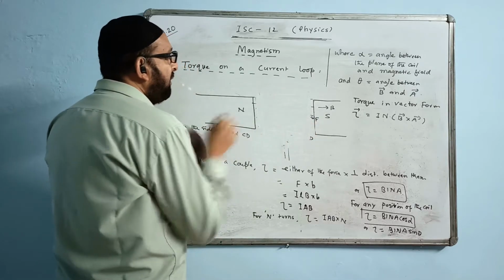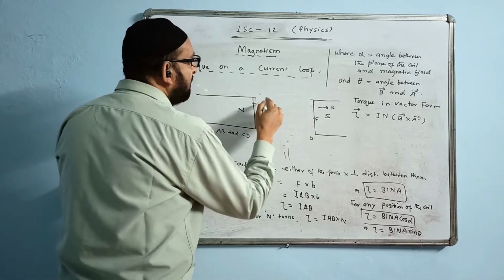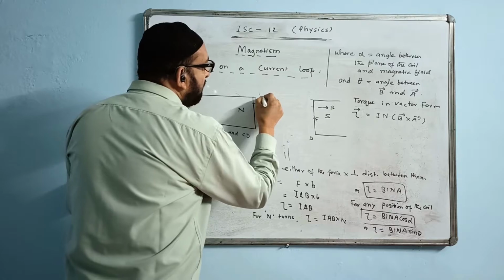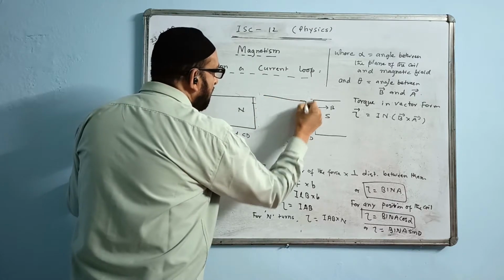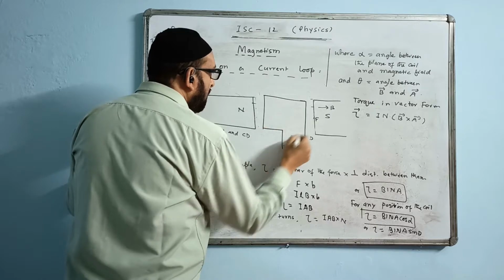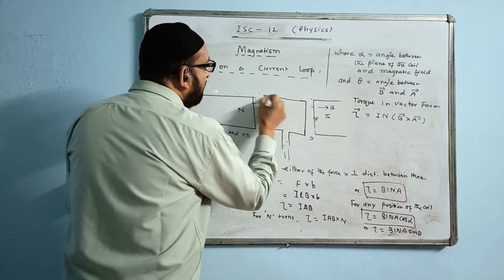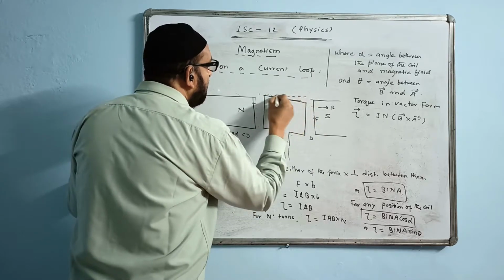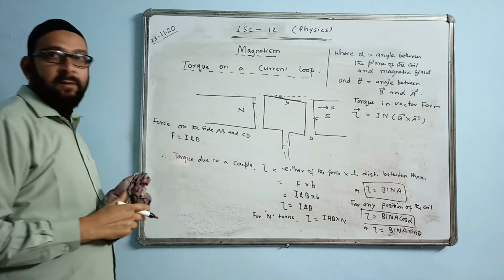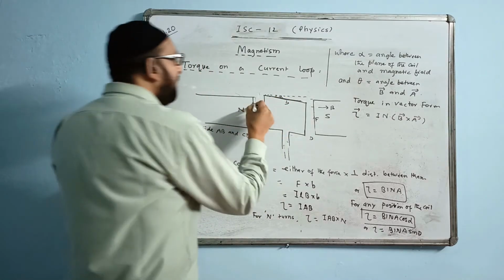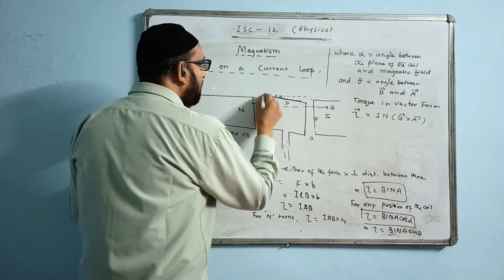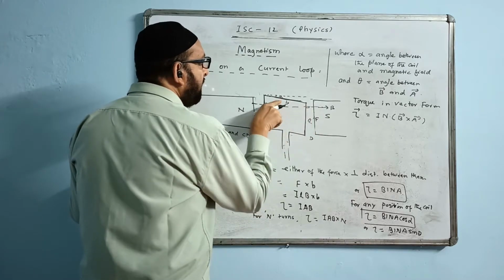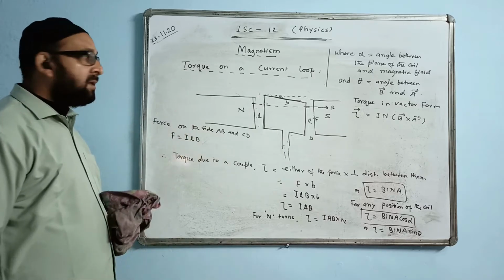Now the coil is turning, and the new position is somewhat like this. Once the rotation takes place, this is the breadth, and now it's making an angle. Say this angle is alpha degrees. Now between the magnetic field and this one, what is the angle here? This length remains the same. This is L, this is L. Here the angle is 90 degrees, but the breadth angle is changing. That is alpha.